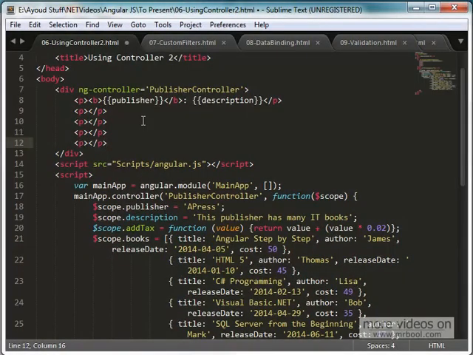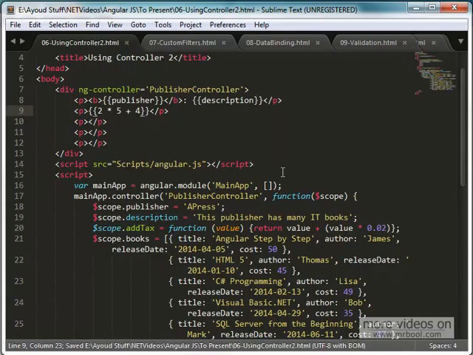Okay. Now in here, I'm going to use the double brackets as I said. Now what can I put in here, right? I can put expressions. It doesn't have to be the actual item from the scope. I don't have to refer to a variable coming from the scope like I did with publisher and description, right? In here, I can say things like 2 times 5 plus 4. Okay, I can do this. I can put expressions within